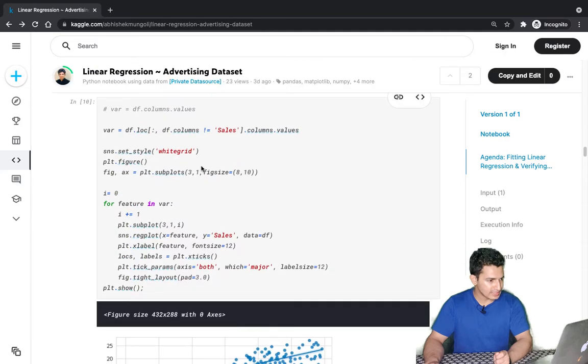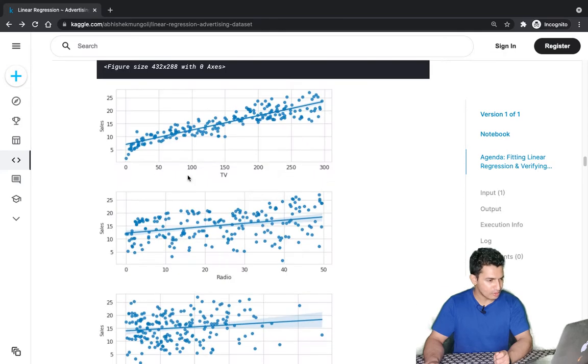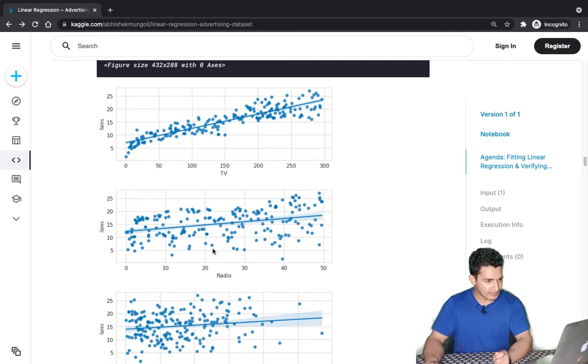We can use a regression plot or we can use a scatter plot. A regression plot is similar to a scatter plot, but on top of it, it also adds a regression line. So you can see that all of them are linear. So the first assumption of linearity is satisfied, that is, the dependency between the sales and TV is linear. And with this diagram, one more thing that is quite visible is that the impact of TV ads is more significant than the other two ads, because these two lines are quite flat compared to this line.